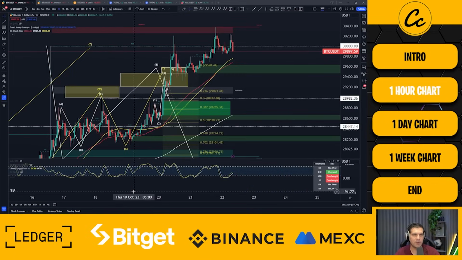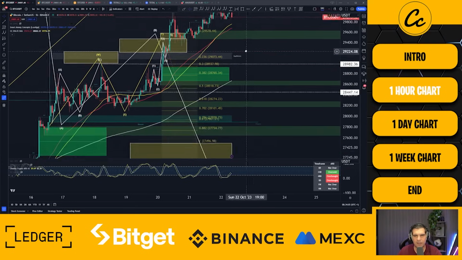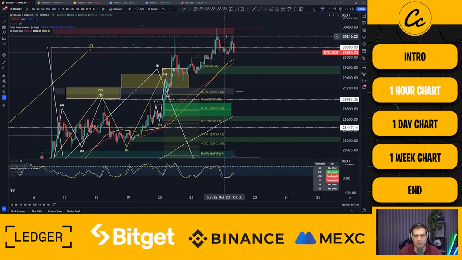So let's jump right down into the first chart, which will be the 1 hour time frame. So here we have Bitcoin paired up with USDT on the 1 hour Binance chart. We have obviously broken up higher than our recent swing highs. So we have two new higher highs and obviously the higher lows. This obviously has a tendency to want to break on down, but I don't think we're necessarily there just yet.